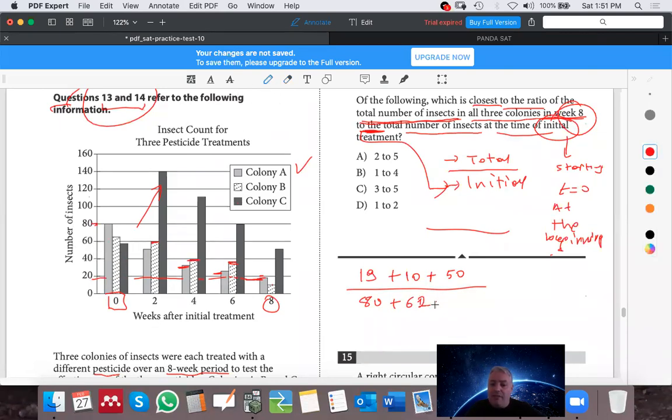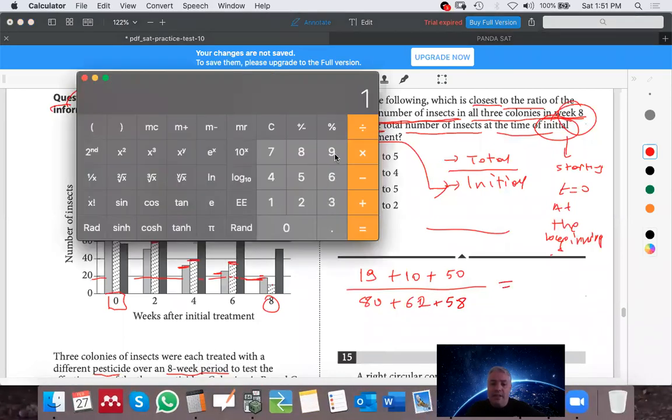So let me say 58. And then what will be? Just take a calculator. So 19 plus 10 plus 50 equals 79 divided by, now open parentheses, otherwise it will be wrong, 80 plus 62 plus 58, close the parenthesis,